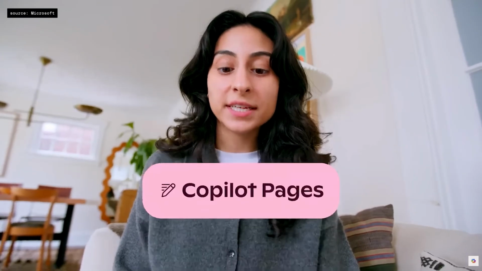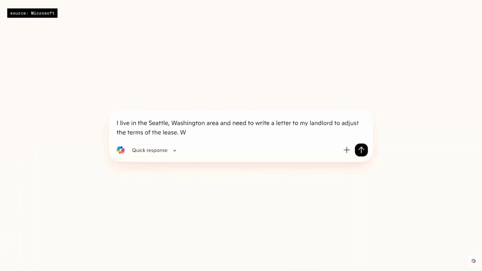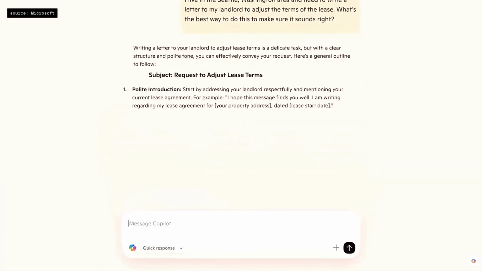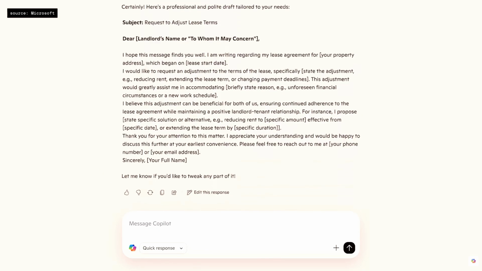Another product feature we're about to roll out is called Copilot Pages. I live in the Seattle, Washington area, and I need to write a letter to my landlord to adjust the terms of the lease. What's the best way to do this to make sure it sounds right? Then I can easily move Copilot's response into a page, and from there I can refine it with my own